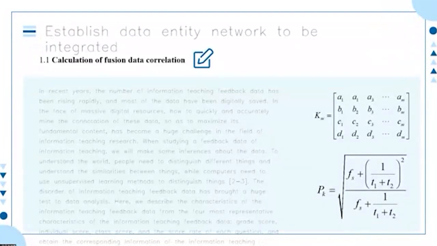And part 2 is to establish data entity networks to be integrated. First one is calculation of feature data